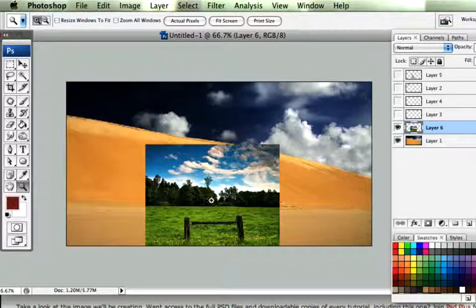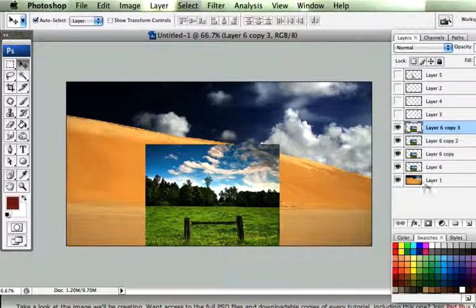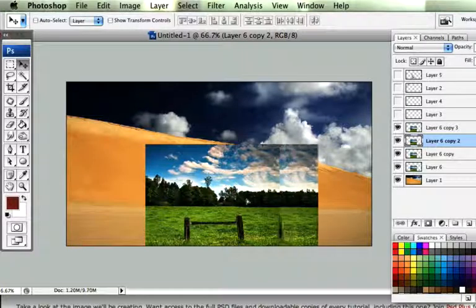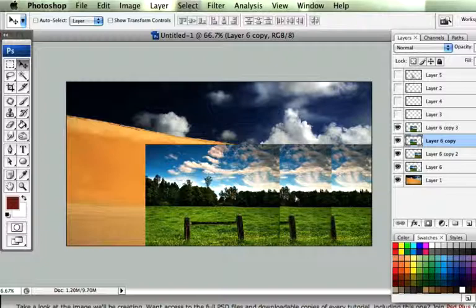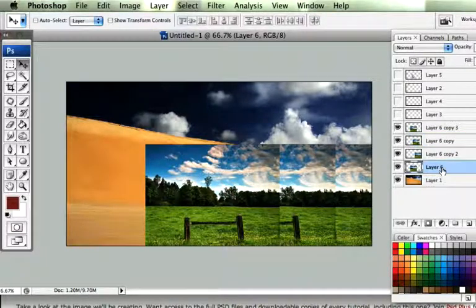First thing that we're going to do is duplicate our layer 6, our grass layer. So Command J, do it a couple of times, V on the keyboard so you're in the move tool, and we're going to start to move out the ones on the layers below. So I'm just going to move it all the way to the right. I'm going to bring that down one and grab my next layer and move that just so it covers that post. And then finally